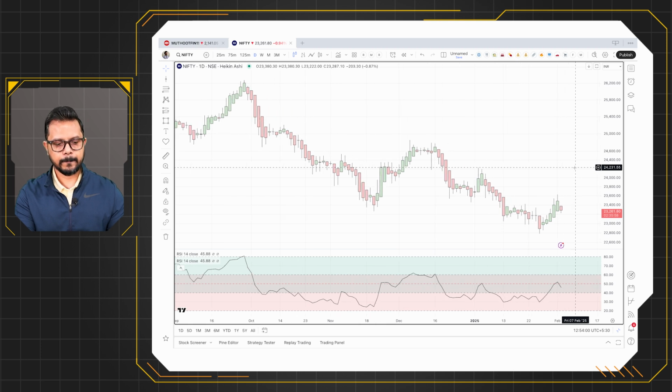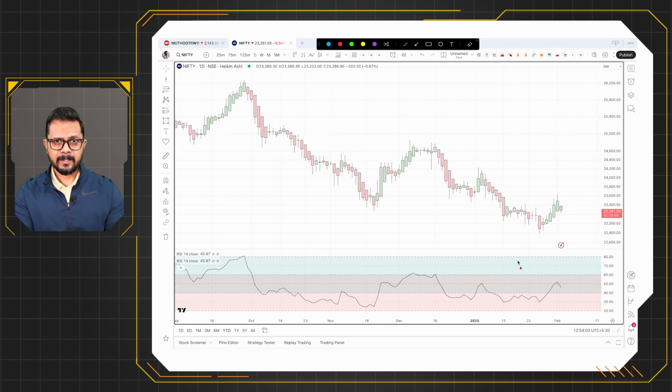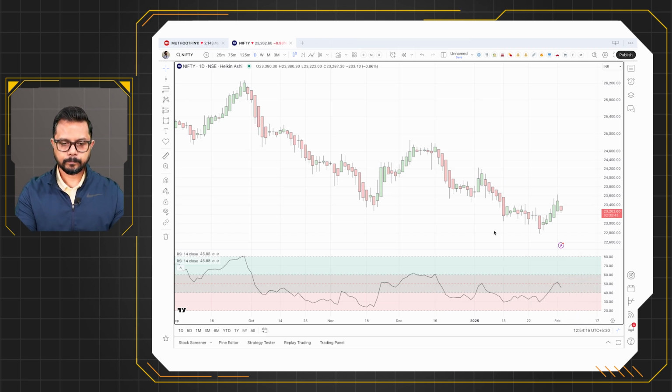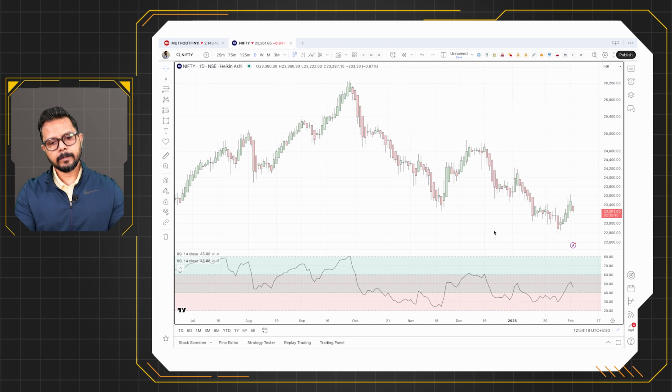How do we make sense out of it? 14 period RSI as usual. You got a bullish zone, you got a green zone, looks clean. You got a red zone, looks clean, and you've got a central zone. And the central line is 50. Yeah, the rules are that